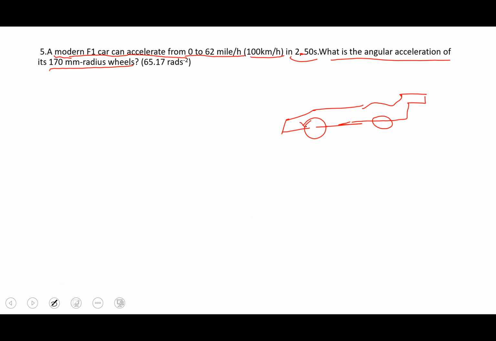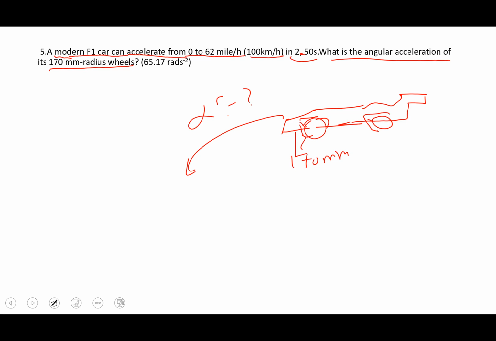Question number 5 says a modern F1 car can accelerate from 0 to 62 miles per hour or 100 kilometer per hour in 2.5 seconds. What is the angular acceleration for its 170 millimeter radius of wheel? Now, if we want to draw a racing car like this, and it has tires like this, and the tire radius is 170 millimeter. So what they are asking is to find the angular acceleration alpha in this case,